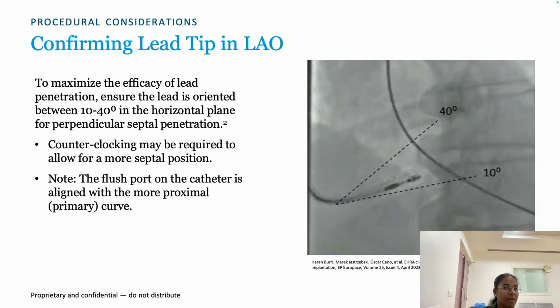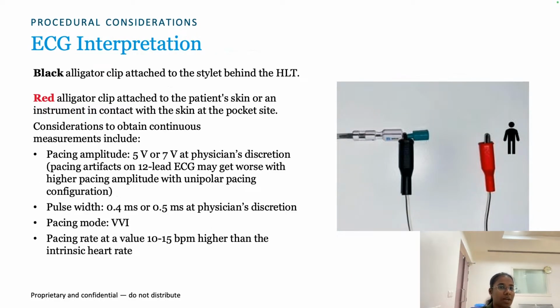If you want to find whether it is in the septum, we have an extension flush area where we can flush our dye and find out whether it is in the septum or perforated. So this is the helix locking tool which I am talking about. We can place the helix locking tool in the unipolar and also in the bipolar. We can connect our black alligator teeth to the helix locking tool and red to the stylet. So we can get continuous unipolar monitoring of the screwing. When we finish the screw, we can rotate the helix locking tool, so we can have continuous measurements of the impedance. So we can find whether the